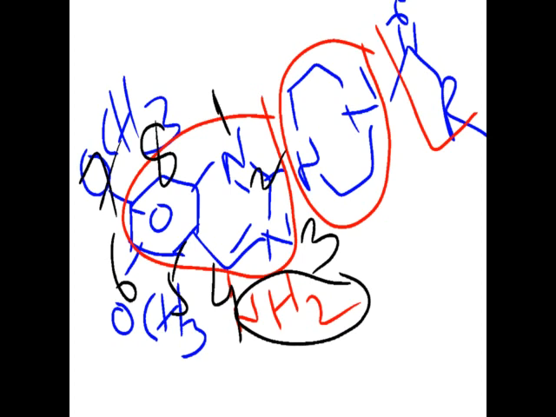Then the piperazine ring, which is present at the center, we can easily replace by another ring like a piperidine ring, or instead of a cyclic ring we can use just an alkyl amino chain. So it is not necessary that the piperazine ring must be there. We can replace it by the piperidine ring or by a simple alkyl amino chain. And this acyl part, that is the final part present in the structure,